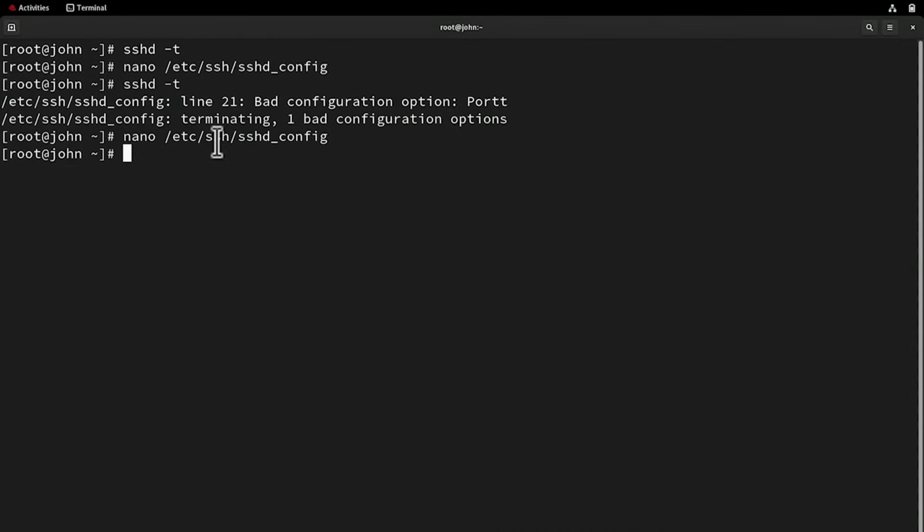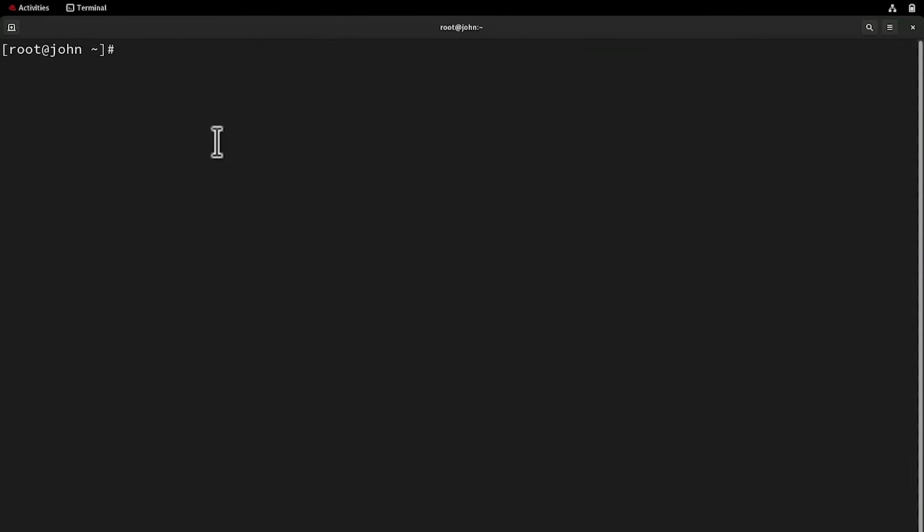Let's revalidate the configuration. In the terminal, type sshd -t. Then press Enter. This time, there should be no output, meaning the configuration is valid again. Clear the terminal screen for a fresh view. Now let's check the SSH connection using verbose mode. In the terminal, type